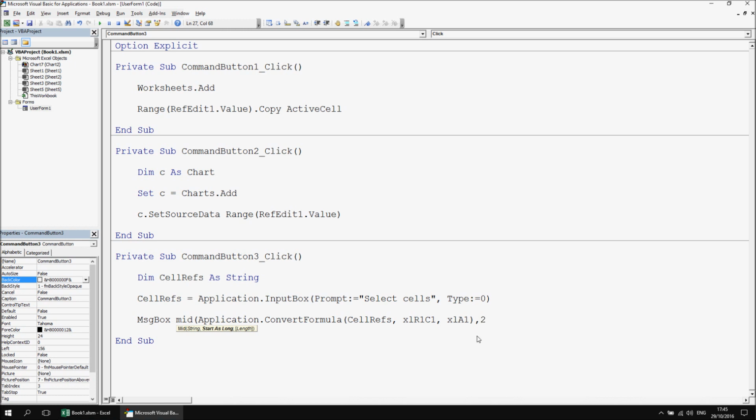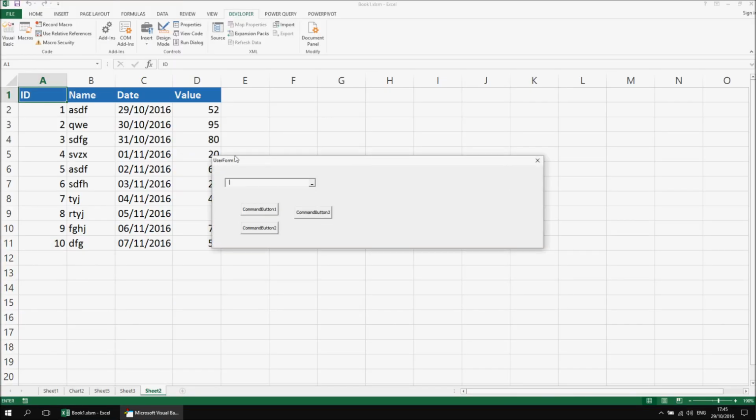So start giving me information from the second character, so that will just skip over the equals operator. If I close the parentheses again and run it one more time, we ought to find that this time, if I click on my command button and then select some cells and then click OK, it returns just the cell reference. So at this point, everything apart from the name of the worksheet,